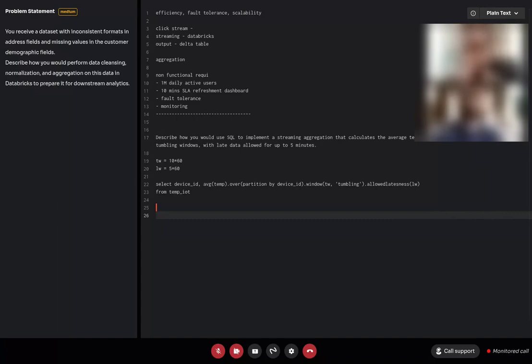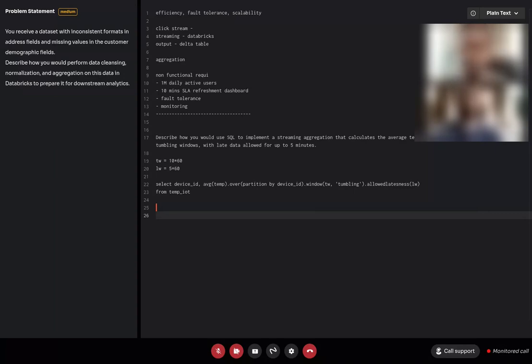So I'm repeating: when you say inconsistent formats in the address fields, it is basically pin code mismatching, or usually, especially in India, they don't have the street name and the structure. You're talking about that, right? Okay.